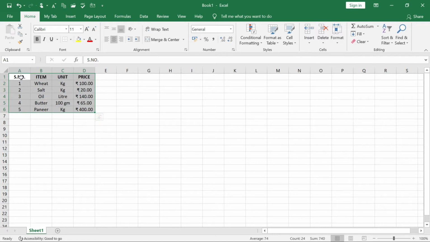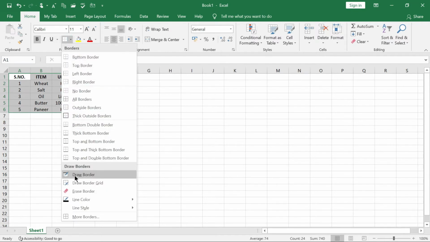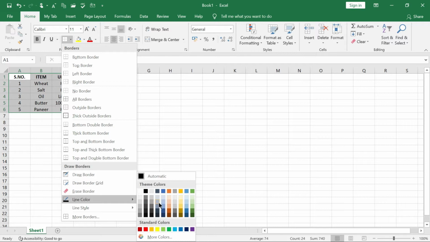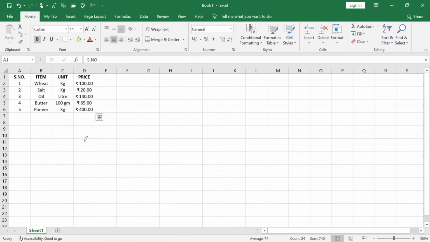And if you want a thick border or thin border, whatever you like, different types of borders are there. Draw Border is also there, and Line Color is also over there. Suppose you want this kind of lines, this kind of borders. In that case, you have to draw the border like this. You can easily just click over there. The borders will be made as I'm doing here right now. Wherever you want, you can fix the border. Another color also you can choose like this. This is actually the Draw Border tool.